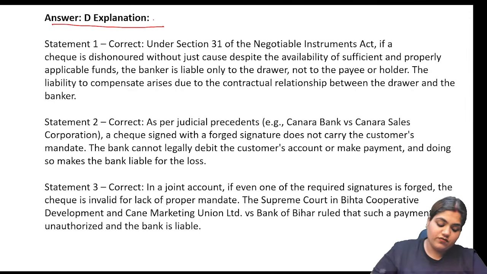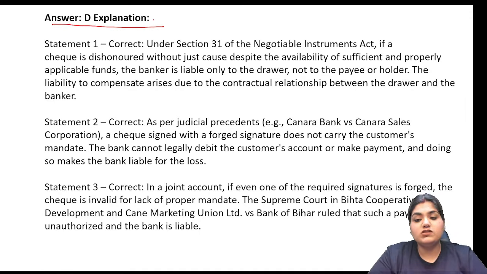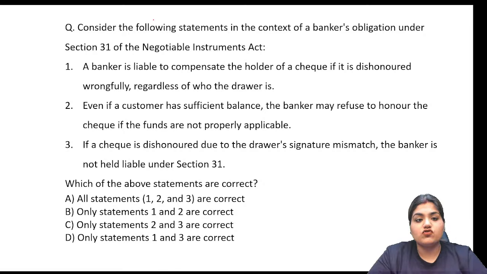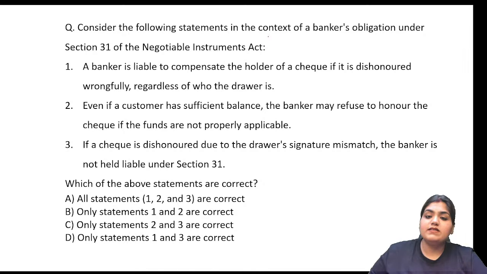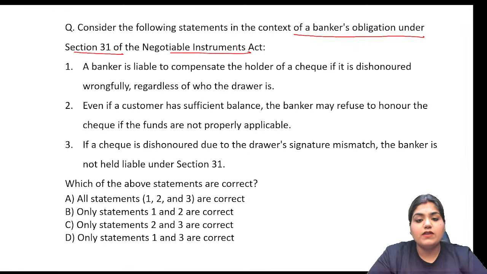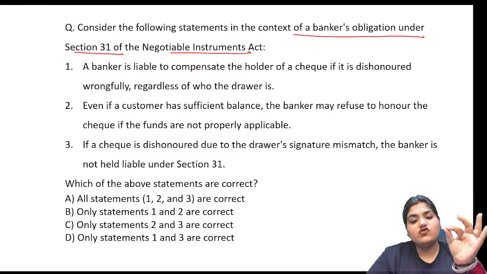There is an explanation for all of the questions. Please read the explanations. Next question. Consider the following statements in the context of banker's obligation under Section 31 of the NI Act. Section 31 says that if there is sufficient money in the bank of a customer and the check is dishonored,